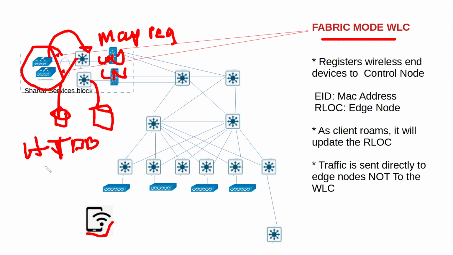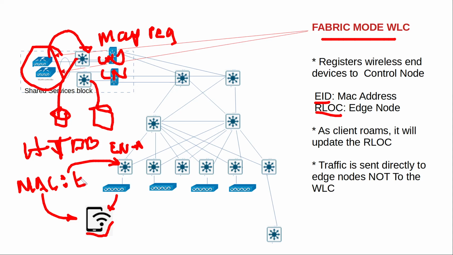Remember that this host tracking database maps endpoint IDs to RLOCs. In this case, the endpoint ID will be the MAC address that belongs to this device, and the RLOC will be the IP address that corresponds to the edge node that is connected to the access point that is serving this user. In this manner, we have one of the biggest advantages of running a fabric,